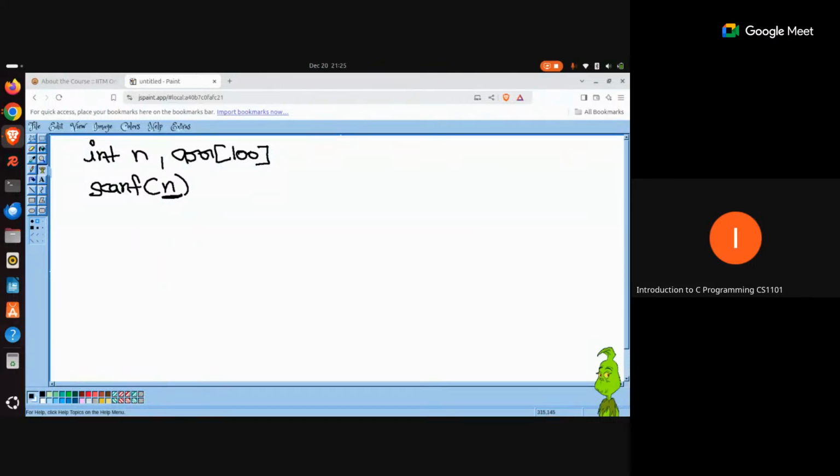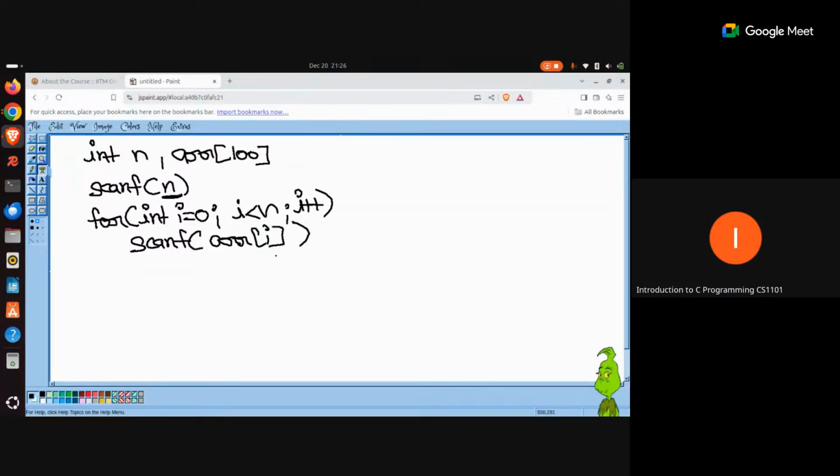Once you know how many numbers the user is going to enter, you can use a loop here. So let's say you use a loop here. You begin with 0, you go all the way up to one value less than n, and you always keep on incrementing the value of i. And here, now you will write this scanf call. And what will you accept from the user as input? You will accept arr[i] as the input from the user, right?